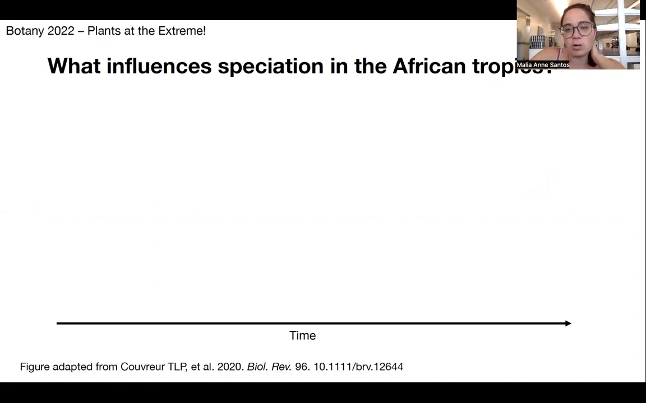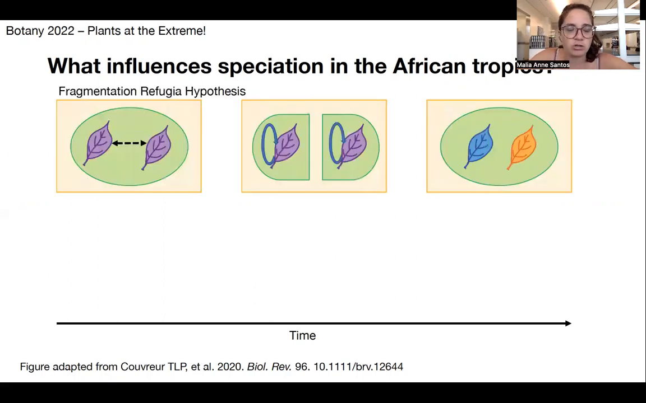hypotheses regarding Africa's diversification. And these are not specific to Africa either. They're just two that are really important because of Africa's climatic history, which we'll get into later. And so one of the questions, or sorry, hypotheses that I'm going to be talking to you about today is